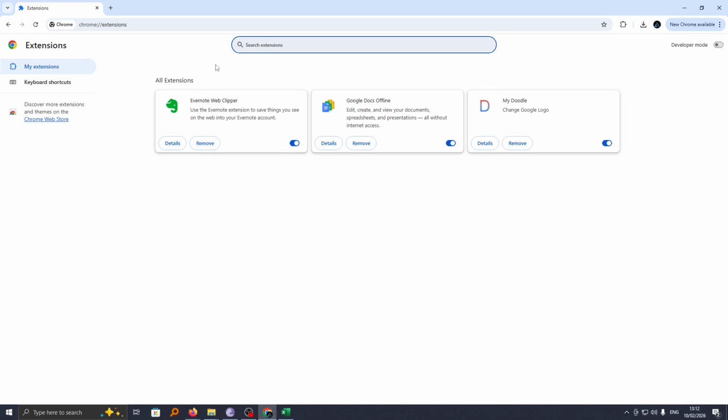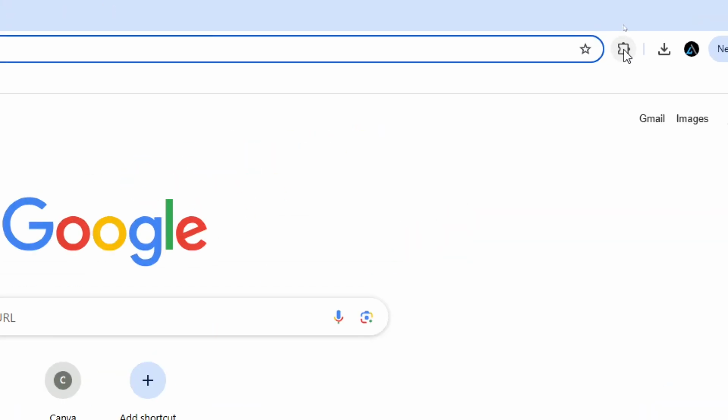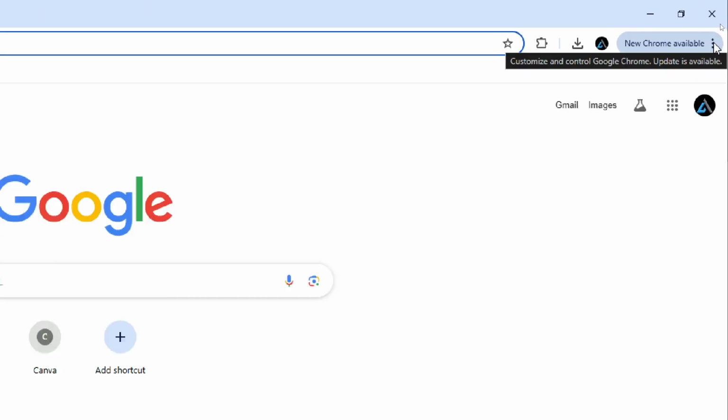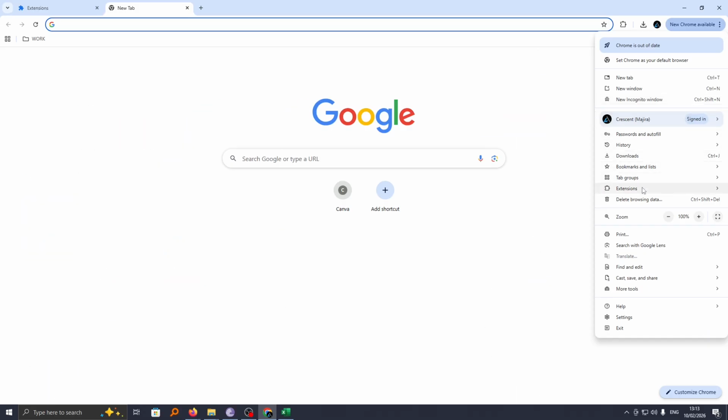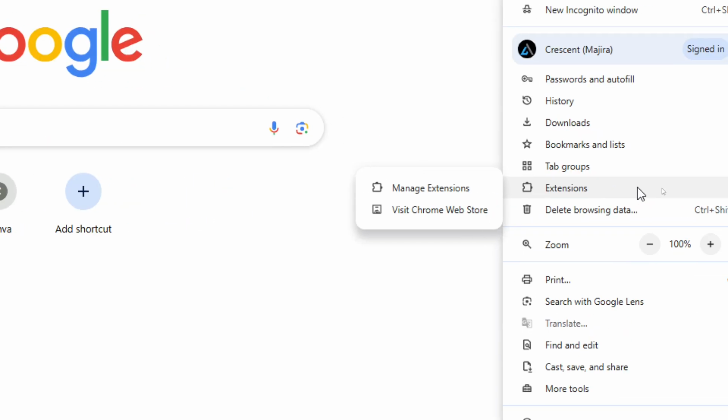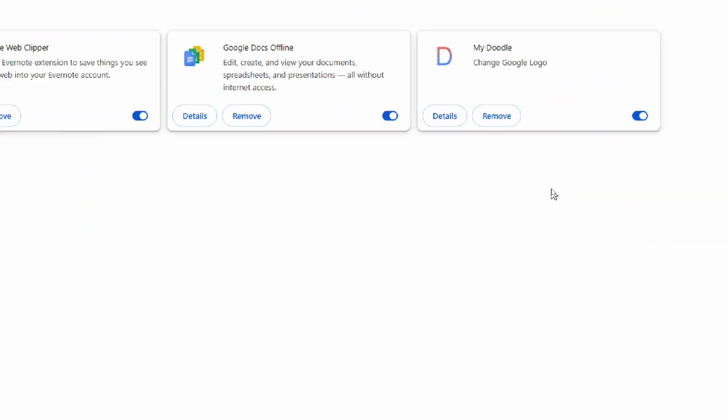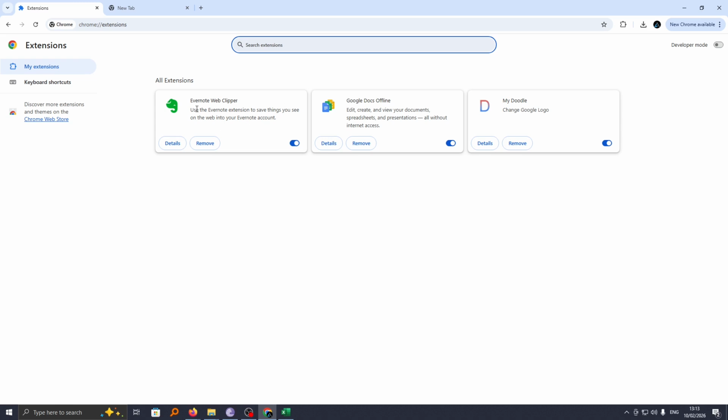However, if you can't access this page because you don't see this shortcut, then you can head over to this ellipsis here and click on it, and then scroll down below. You should see extension. If you hover over it, now you can see the option manage extensions. If you click on it, it will again take you to the same page where you can see a list